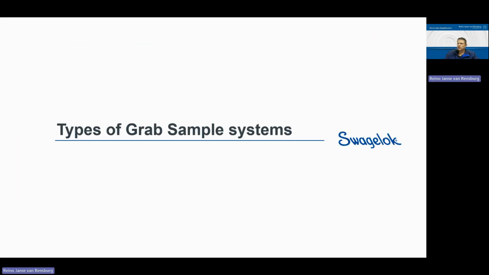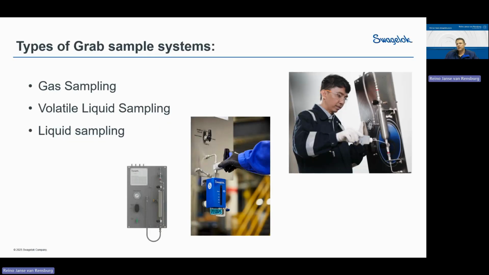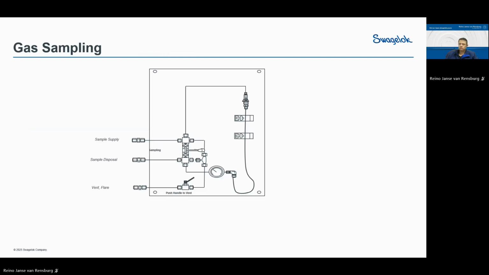Okay, so now we're going to look at types of grab sample systems. So the first one is gas sampling. Then we'll look at volatile liquid sampling, and then just talk about liquid sampling in general. So the next few slides are basically just a schematic of a gas sampling system and how it would work with the purge valves and you running a fast loop through the cylinder. So as I change the slide, you will actually see how the media enters. So any red will be high pressure, the blue will be low pressure. So you'll get an idea of how these cylinders work.